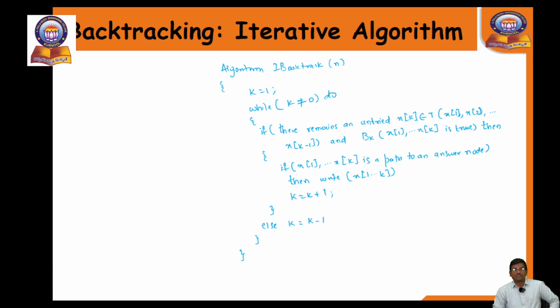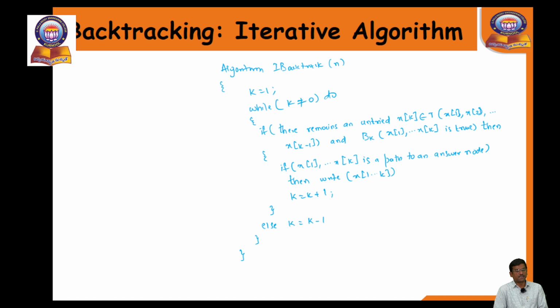So observe the difference between the recursive path and the concept of the iterative path. Within the iterative path, if there remains any untried set of values which belongs to the tree T, and if the constraints are also satisfied, then you can take that path into the answer node. And if at any case it is not found, then backtrack. Apply the concept of backtrack, that is k equals k minus 1, which denotes the backtrack to